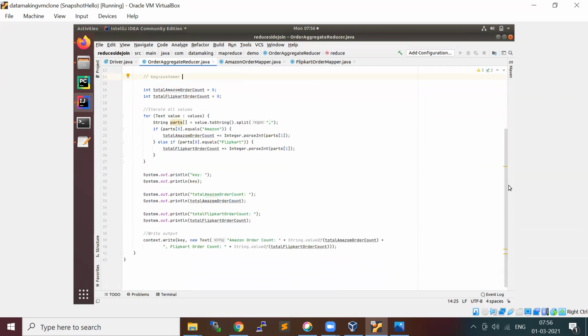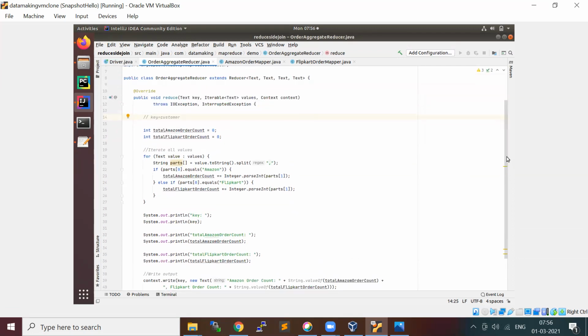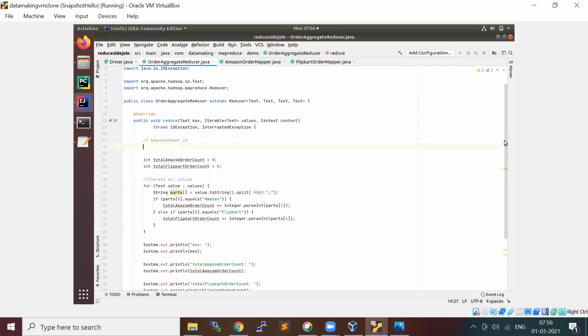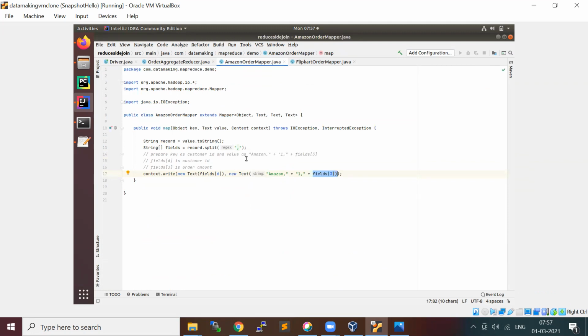Each key is basically a customer ID, and the value is going to be a collection of, take the example of one customer ID, the Amazon records.